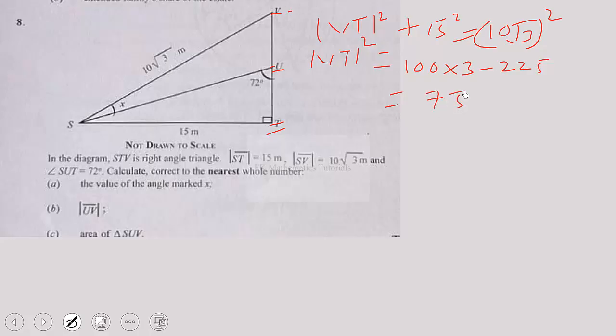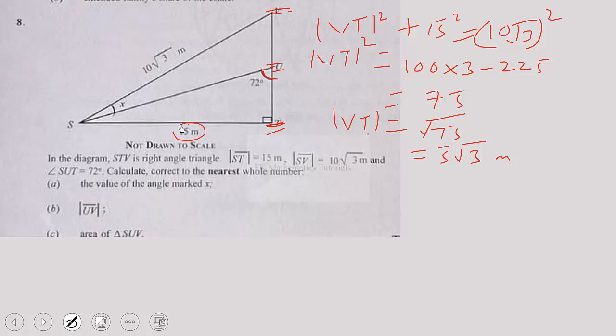So it means VT will be equal to square root of 75. And square root of 75 is equal to 5 root 3, 5 root 3 meters. So from here to here is 5 root 3 meters. Now let's use trigonometry to find from here to here. So by trigonometry we know that the angle here is 72 and this is 15